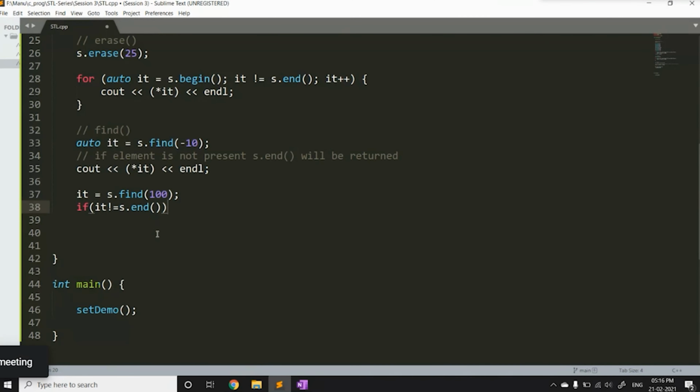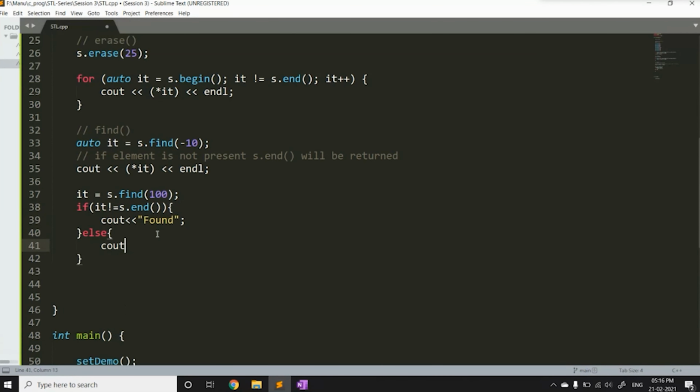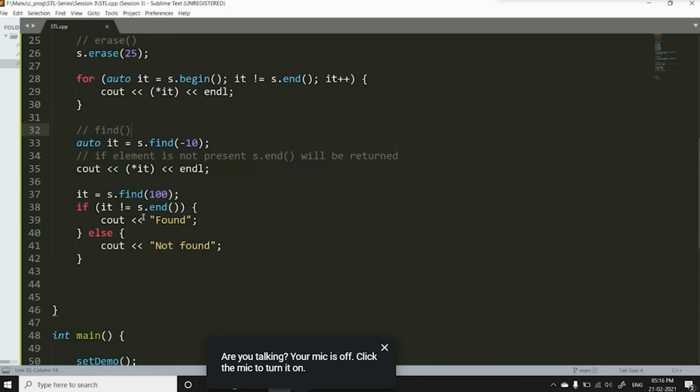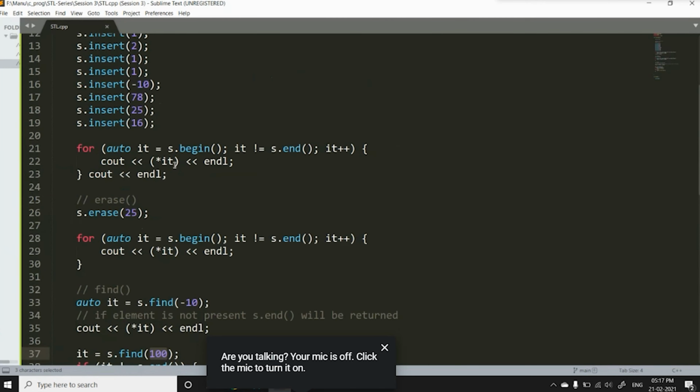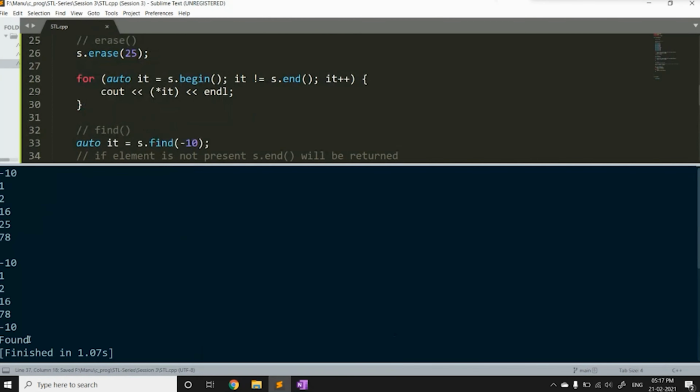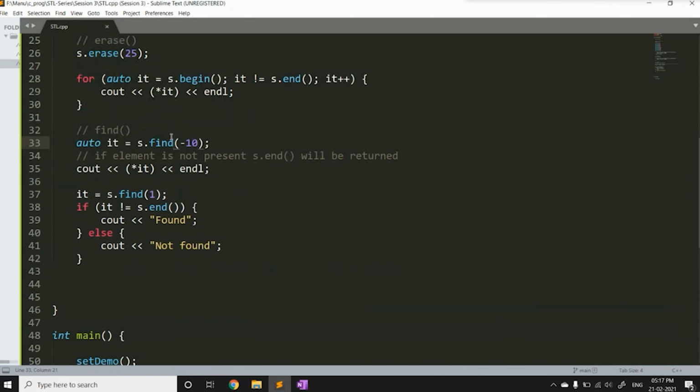If it is not equal to s dot end, that means we have found our element. Else, we can say that the element was not found. So 100 is obviously not in the set, so it should return us not found. Let's see. Oh, great. So we get not found. Let's check for 1. Awesome. We get found.